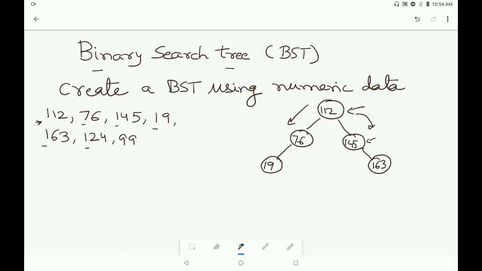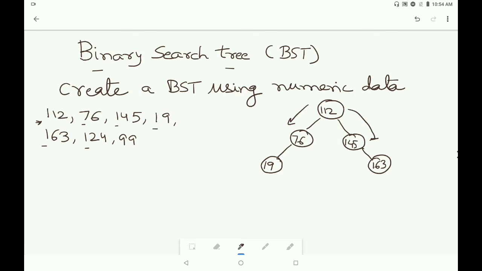Now the next data which is coming is 124. So again inserting the 124, you will compare it with the root node. So 112 is the root node and it is less than the 124. So it means 124 will go to the right hand side of the 112.